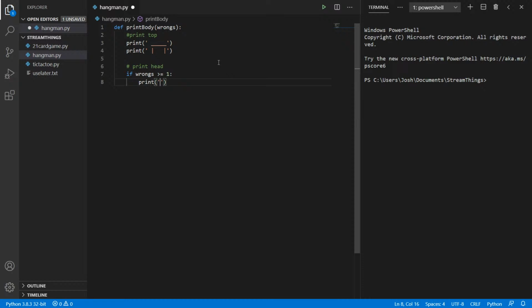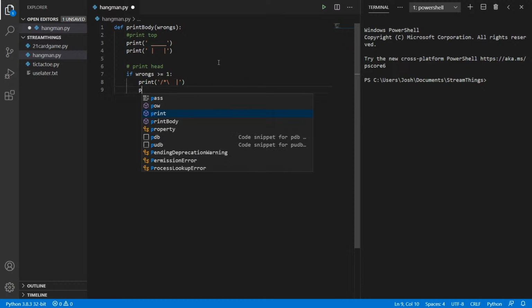Okay, so let's see. We could maybe do something like this for the head, and then this. I think we need one more space, so that it lines up. Yeah. Okay, and then we could do